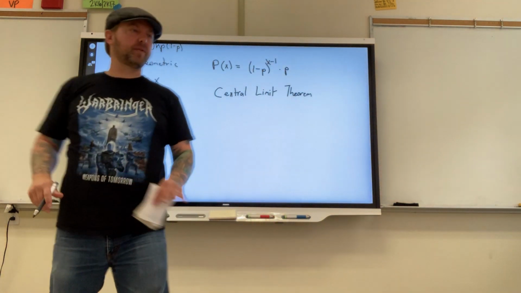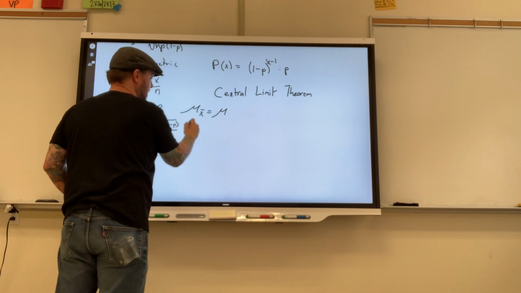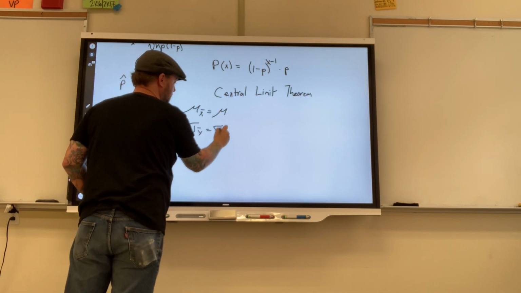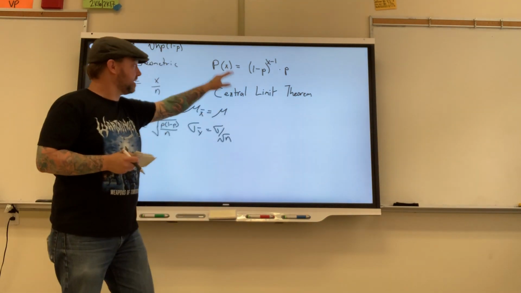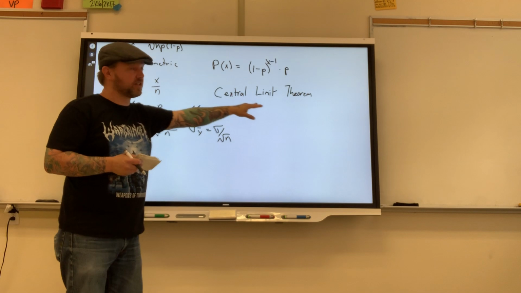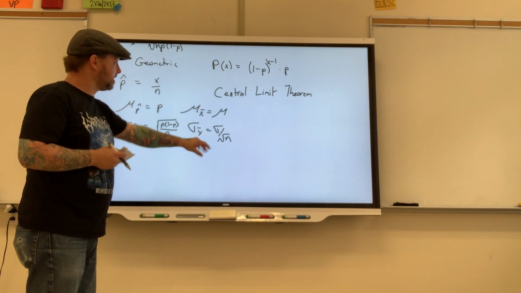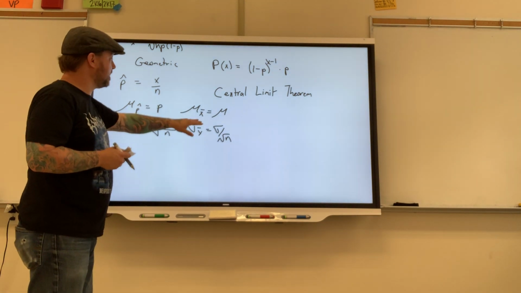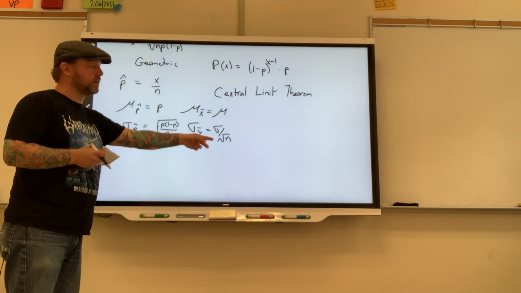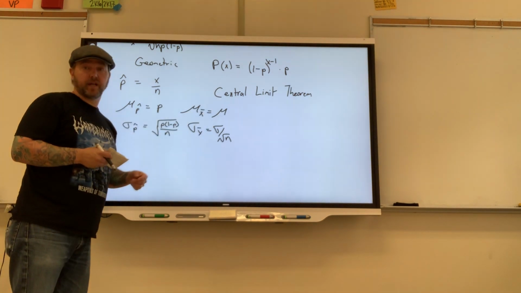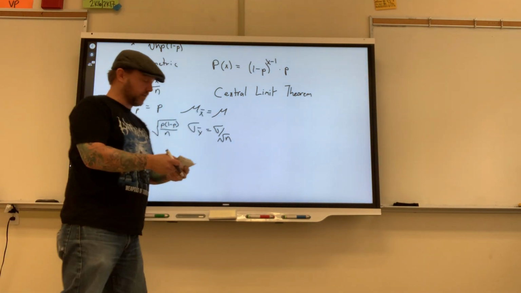Right, this had to do with the sampling distribution of x bar. The mean of x bar is just mu, the standard deviation of x bar is just sigma over root n. The central limit theorem said that if n is large, the distribution of the sample means is going to be approximately normal with mean mu, standard deviation sigma over root n. As long as n is at least 30-ish or so, there we go. All right,